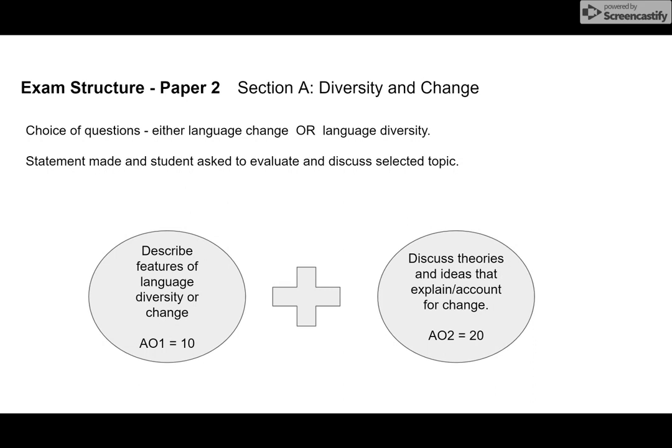Paper 2 reverses the structure a little bit. So section A is called diversity and change, and as mentioned previously, there's a choice of questions here. Students can either opt to do the language change or the language diversity, but should make sure that they don't attempt to tackle both. Similarly to paper 1, a statement or an assertion is made, and the student is asked to evaluate and explore and discuss that topic using the knowledge they've acquired. So, same principle again. 10 marks available for describing the features of language change or language diversities, and 20 marks available for discussing the theories and ideas